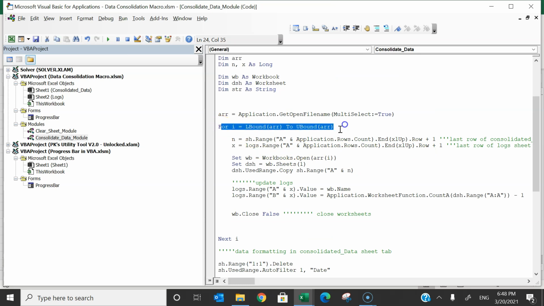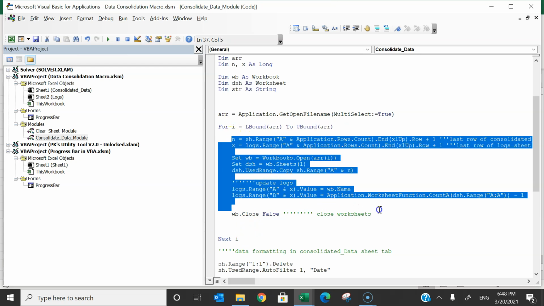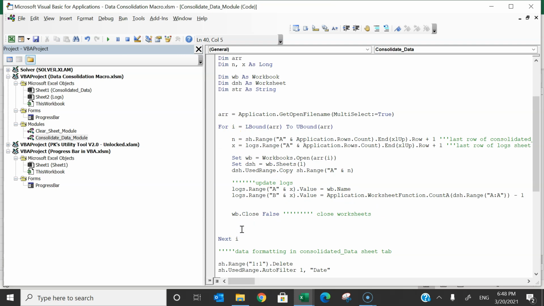And here I am using this particular loop. Now I will put my progress bar once I have completed all the consolidation. Here at the end I will put my progress bar code. So what I will do, I'll type here call, then progress bar dot progress, and I will provide the number 1, 2, 3, 10 up to 100 that will be displayed on the progress bar.